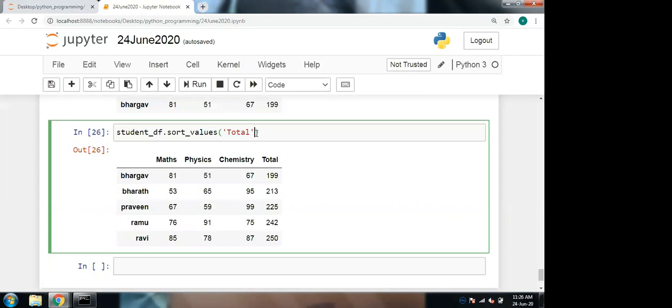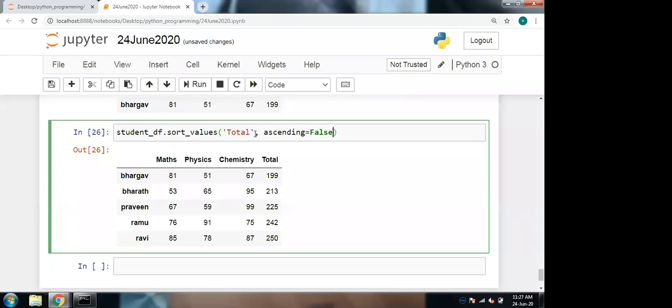So by default, we are getting the data total column in ascending order. If you want it in descending order, we should update it as ascending equals false. Okay. So by default, ascending is true in this sort_values function.